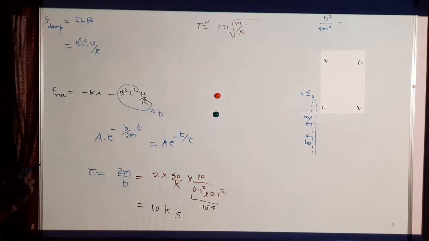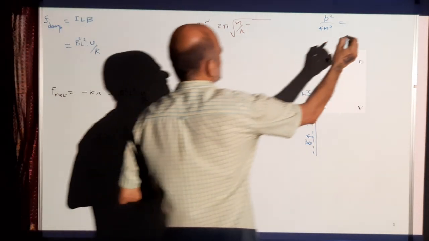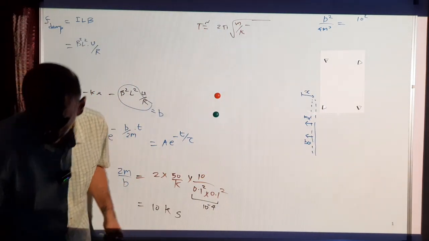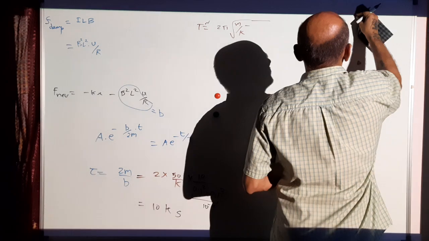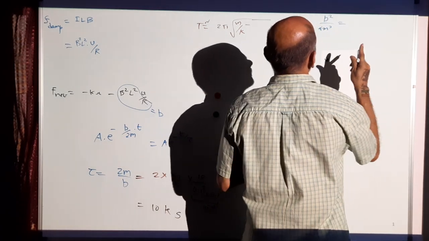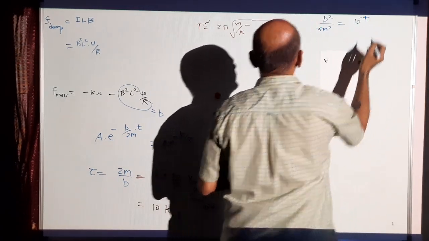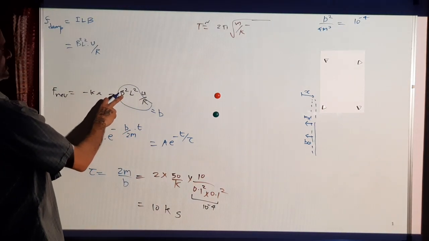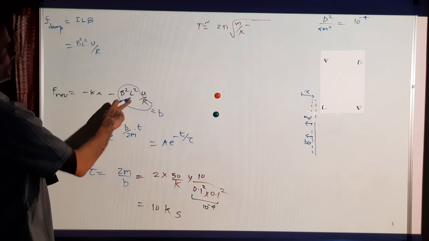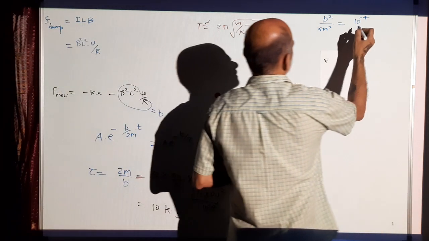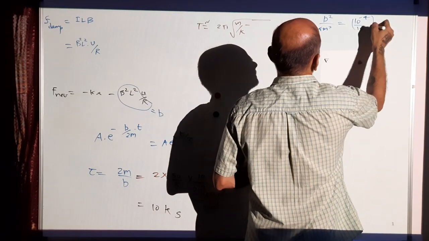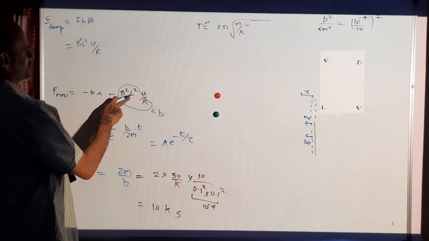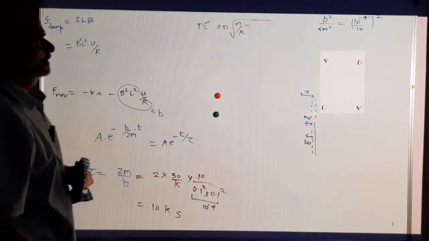B square is r, which is 10. So b square is B square L square, so 10 raised to minus 4. So b is 10 raised to minus 4, since this is 0.1 square, by r, that's 10. That whole square is divided by